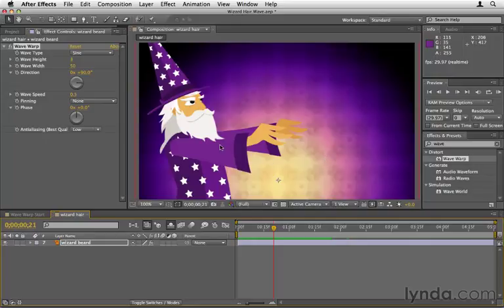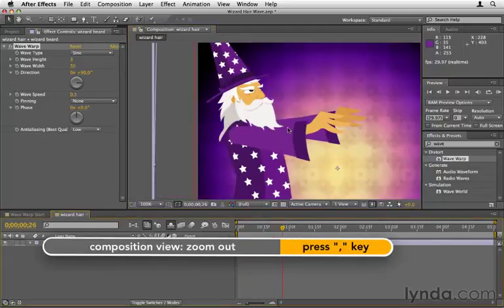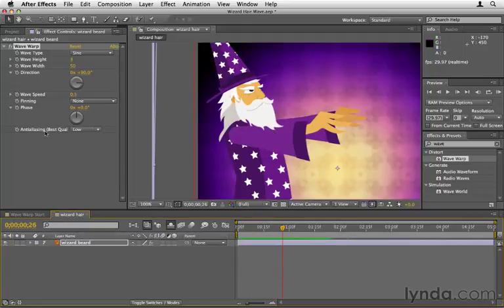One final thing here, if we zoom in, you'll notice that the quality around the edges is a little lacking. If we zoom out, you can see that this makes it a little bit soft, a little bit blurry. That's because this anti-aliasing setting is by default set to low. And so we can take this up to high, and then these edges become much more crisp. But be aware, again, we do take a hit to the render time, and things go much more slowly because of that. So you might want to just wait until it's render time before bumping that from low up to